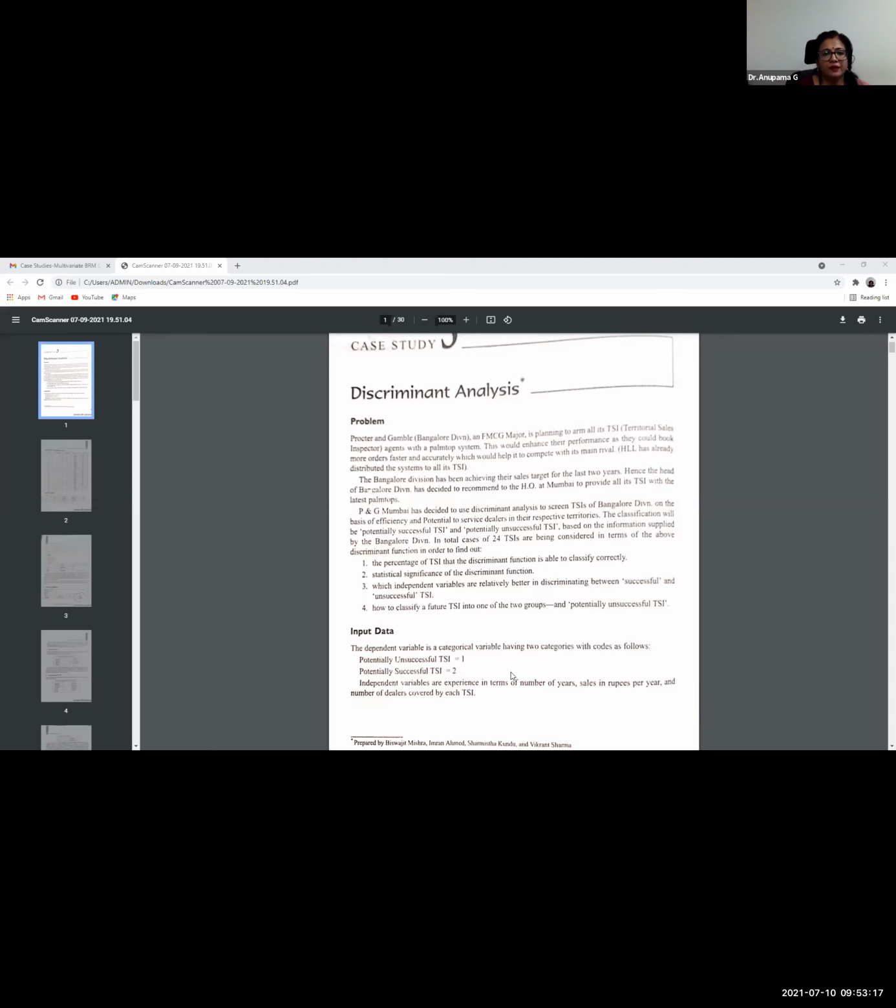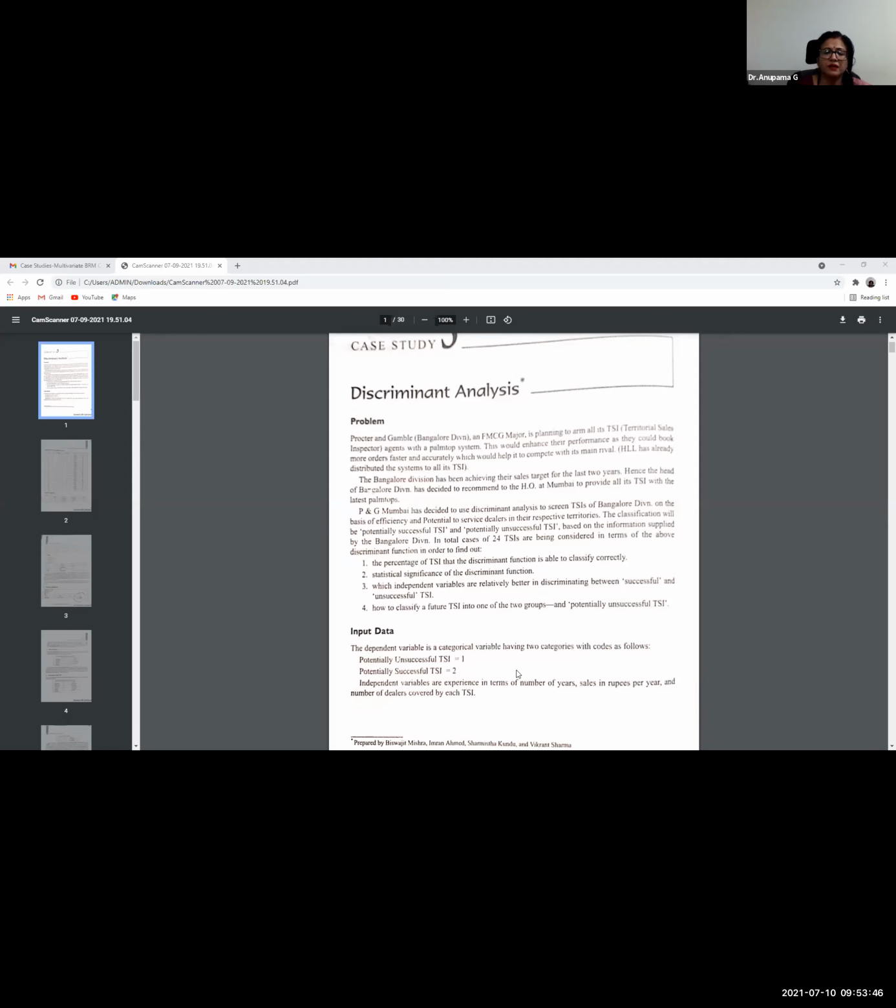So, to wrap up discriminant analysis for today, we saw one retail case study, and we have taken a second case study, which is the Procter and Gamble case study. We will try to recap our understanding for today with this case study, and do go through the case studies that are uploaded on the LMS. Any kind of doubts, please keep them coming in on the LMS till Monday. So what is this particular case study all about?